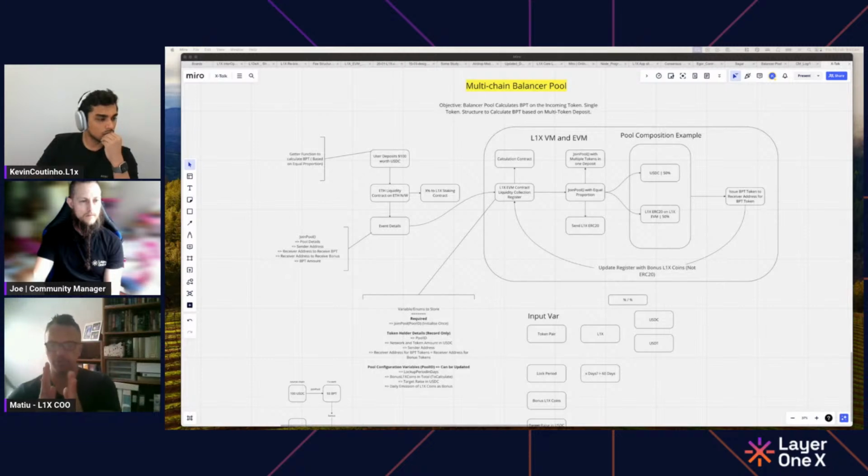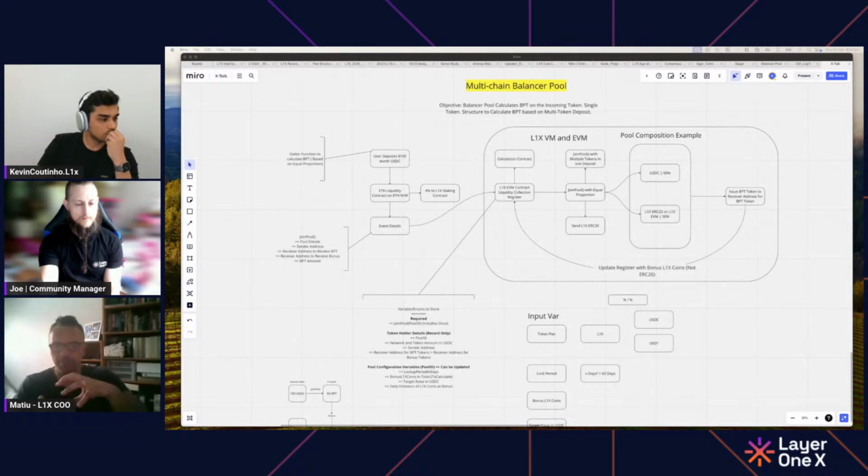Let's say normally you have a liquidity pair, you've got two tokens. Imagine one side of that pair sitting on one chain, and the other side of the pair sitting on L1X, to create a cross-chain liquidity pair. That's extremely powerful when you think of what you can do with it, and the balancer pool is probably the perfect example, where you can now start to pull these coins or tokens from other chains into one pair